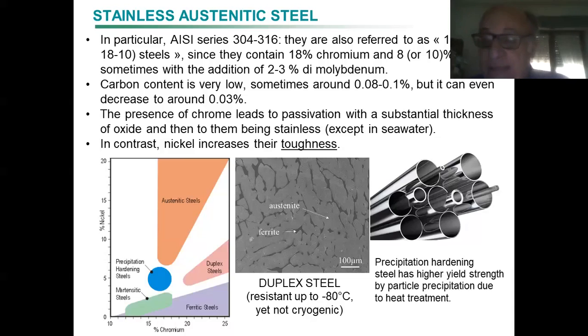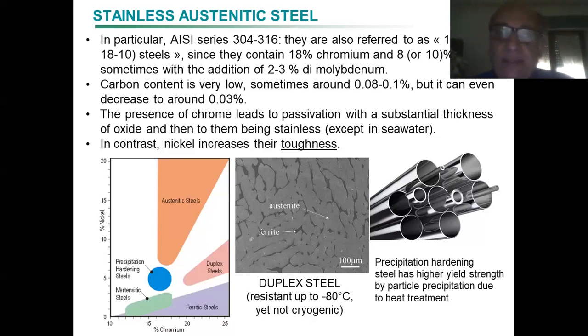And so we have 18% of chromium, which is a typical amount. In ferritic you could go as low as 10% of chromium, depending on the other elements. But in this case we have 18% of chromium and 8 or 10% of nickel, which are the typical